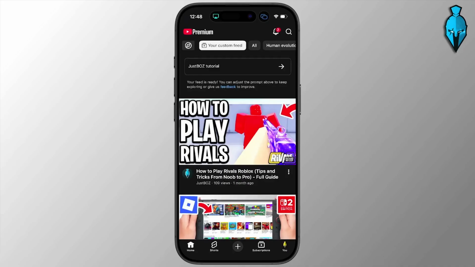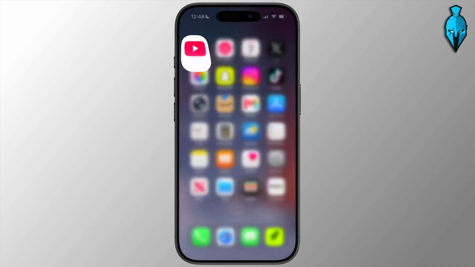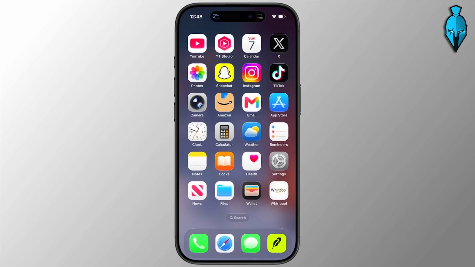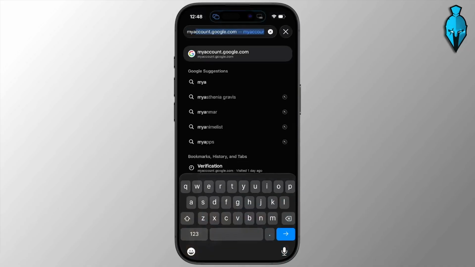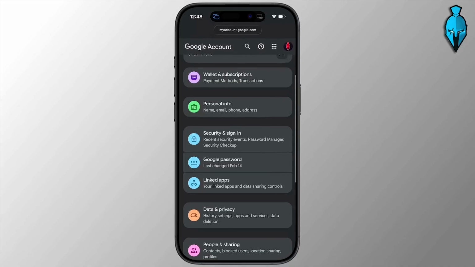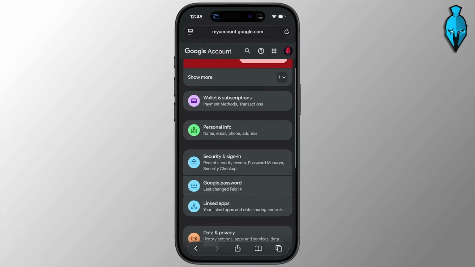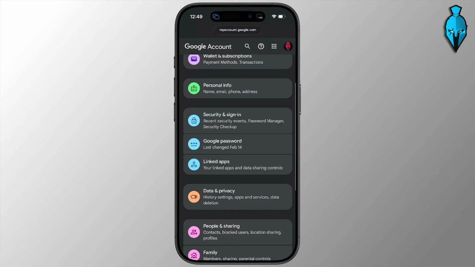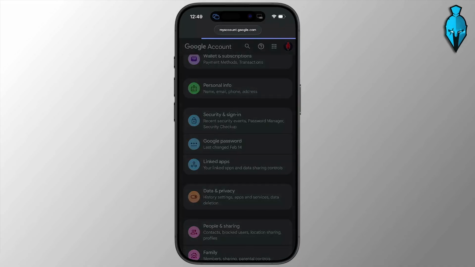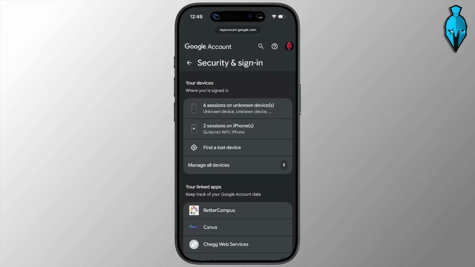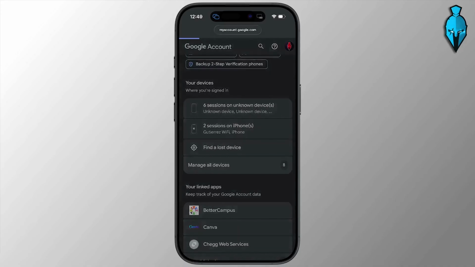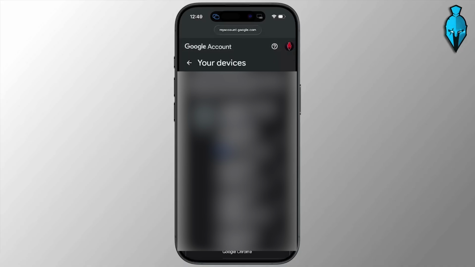Now begin by opening up a browser, and search for myaccount.google.com. This is going to then take you to a page that looks something like this. Make sure you're signed into a Google account connected to your YouTube channel, and you need to select the security tab in here. It's going to say security and sign in. Open that up. Scroll down on here, you're going to see a Your Devices tab. Select Manage All Devices,